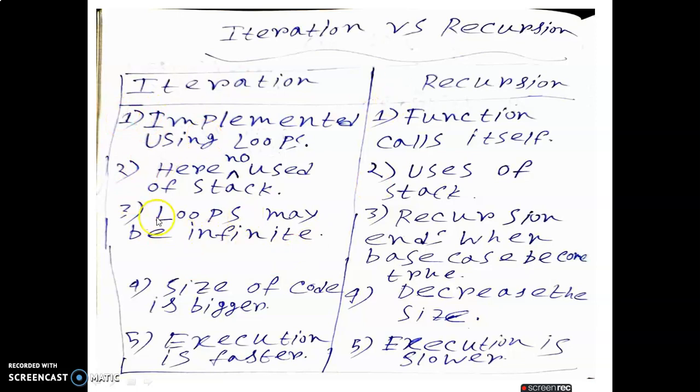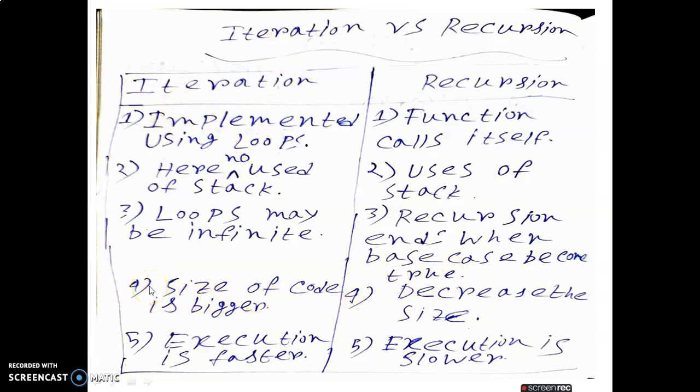Next, loops. In iteration we use loops. The loops may be infinite; for example, with for loops we can make an infinite loop. But recursion ends with the base case, when it becomes true. Now the code size in iteration is bigger.